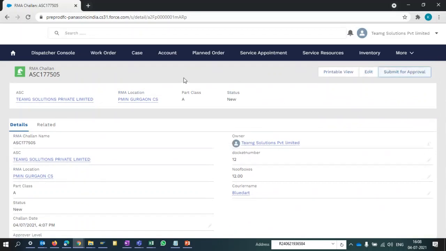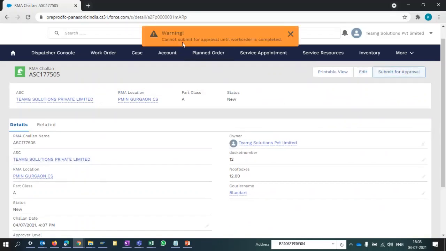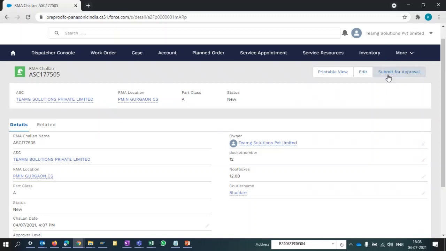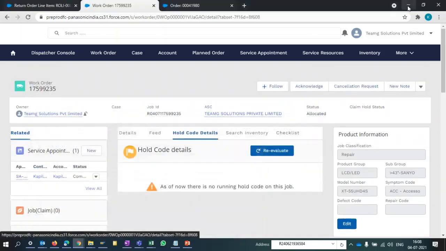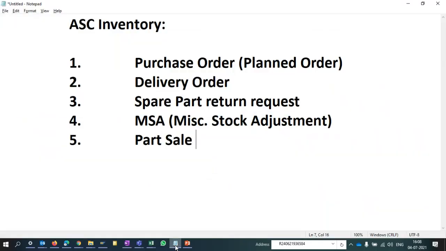After you click submit for approval, this RMA challan will be visible to the warehouse for system approval. And after approval, whichever jobs have an RMA challan created will get approved in Salesforce. Okay. So this is the RMA process.